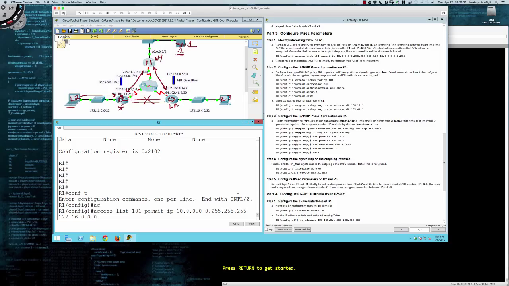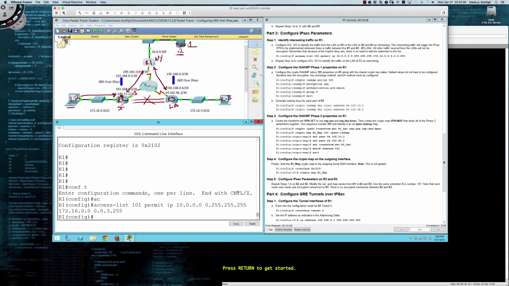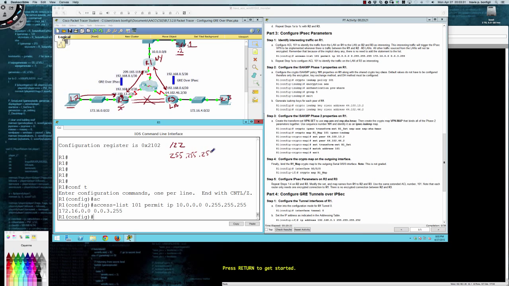And so from that network to 172.16.0.0, and the net mask here is kind of an odd one, right? 0.0.3.255. Well, why is it .3.255? Well, real quickly here, if I were to say it's a /22, right? And you can see looking right here that these are /22s behind router 2 and 3 respectively. So a /22 is 255.255.252.0, right? Remember, if it was a /23, it would be 254, and a /24 is 255. So this is the net mask, and the inverse of this is 0.0.3.255. So that's how we ended up with